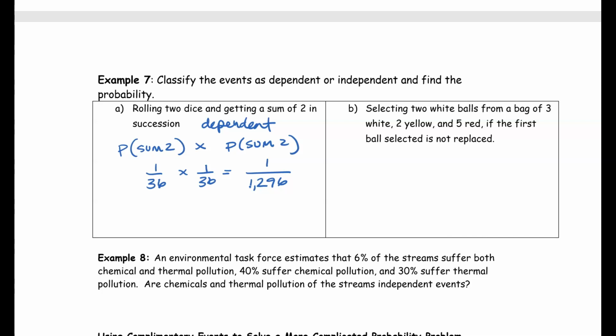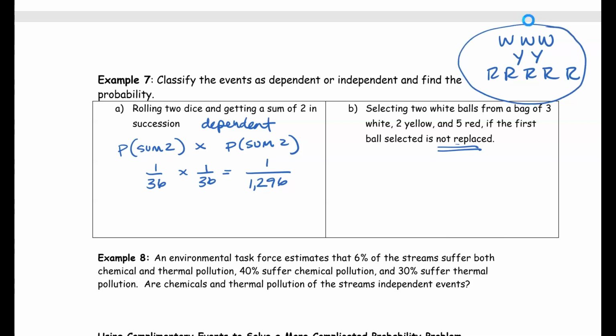Okay, second example. So selecting 2 white balls from a bag of 3 white, 2 yellow, and 5 red if the first ball selected is not replaced. So if you're picking a ball, let me just diagram this first. So we got 3 white and 2 yellow and 5 red. Okay, so there's our bag of balls. And if you're picking one and then you're not replacing it and then you're picking another, then that would be